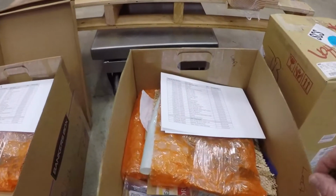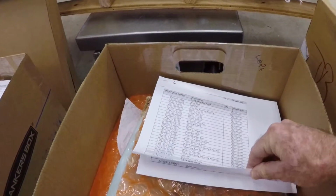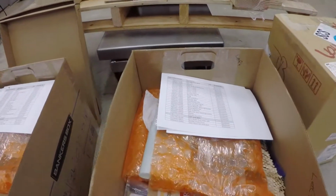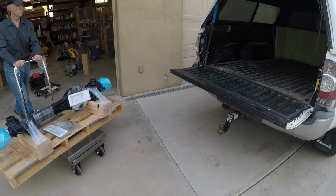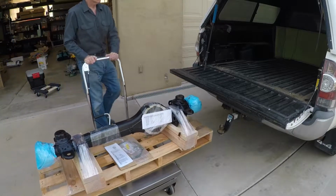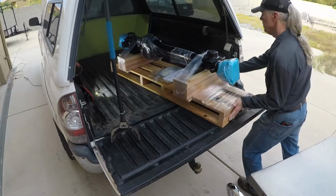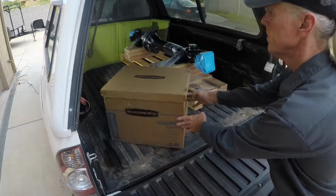There are an awful lot of parts, so we put a checklist in there. It's real organized and hopefully stay in good graces with our friends at JAS. The hydraulic cart makes easy work of it. It's a long way from Tucson to Denver, so I want to make sure that we're packed up really nice,